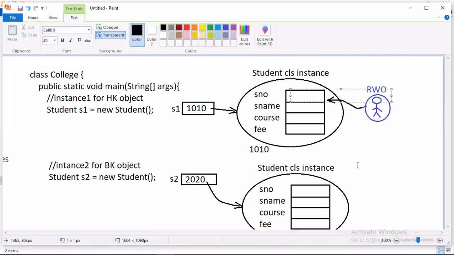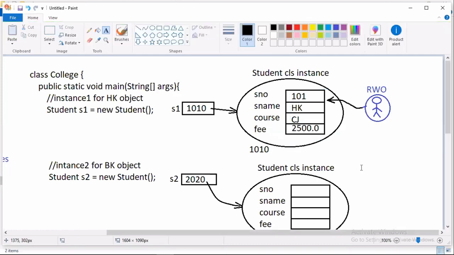Then only we can say Hare Krishna is there. 101, HK, core Java, 1000.0, 1000 or 2000. Okay, you have to store. Then this is the real world object HK.